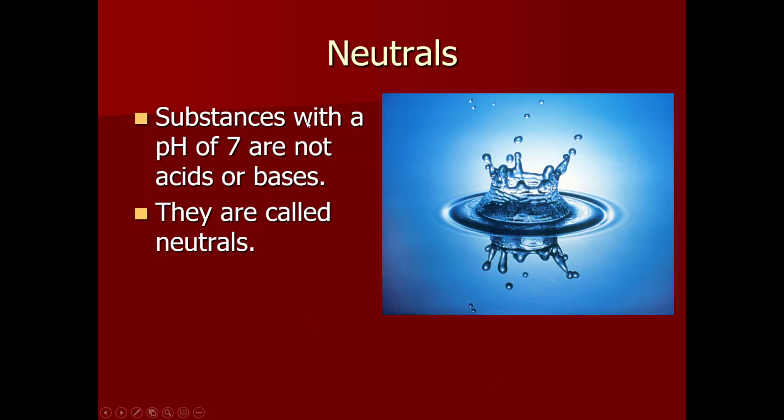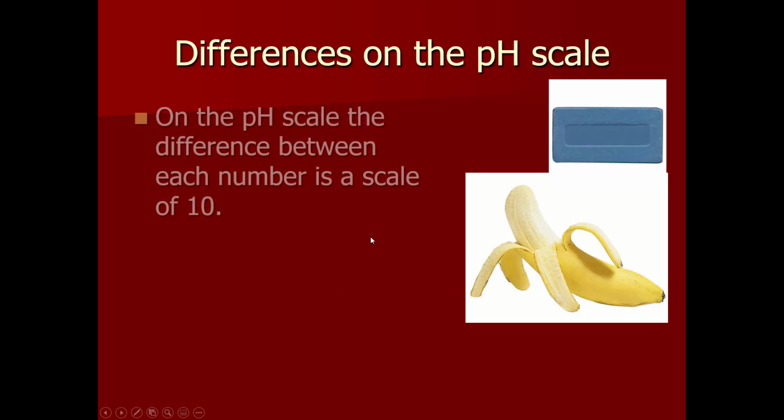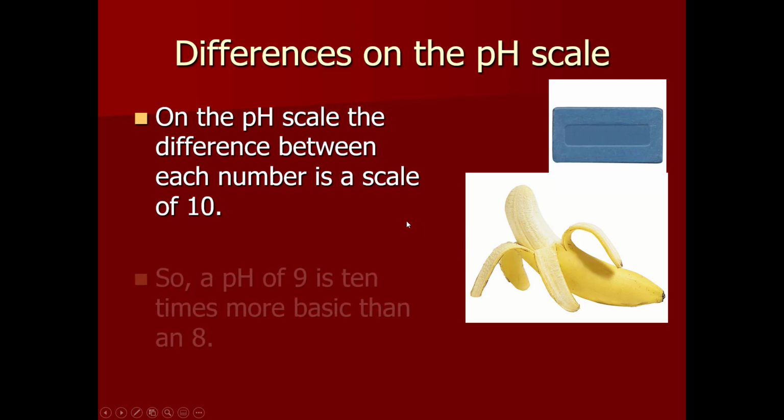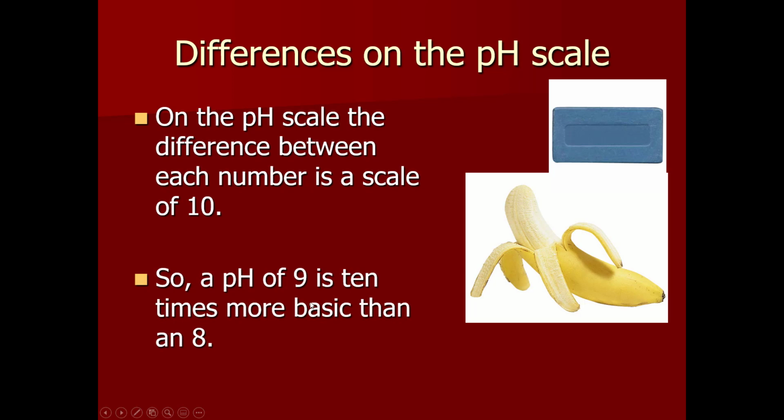And then in the middle, there are neutrals. So if you have a pH of 7, you're not an acid or a base. You're a neutral. And differences on the pH scale. So the pH scale is base 10. So the difference between one number on the scale and another number is 10 times the concentration. So a pH of 9 is 10 times more basic than a pH of 8. Even though they're only one number apart, it's 10 times different, which is why when you have an acid,